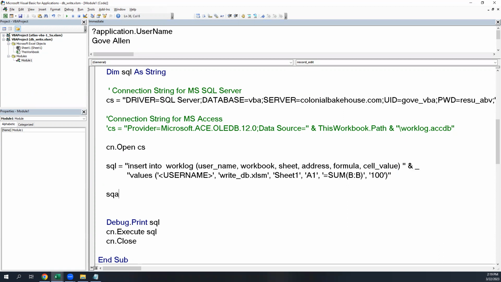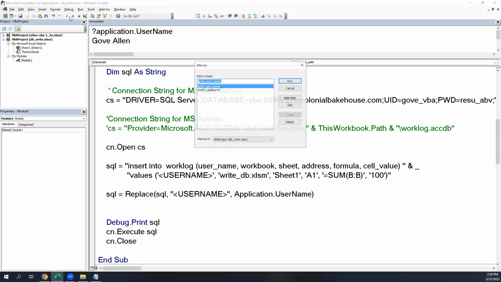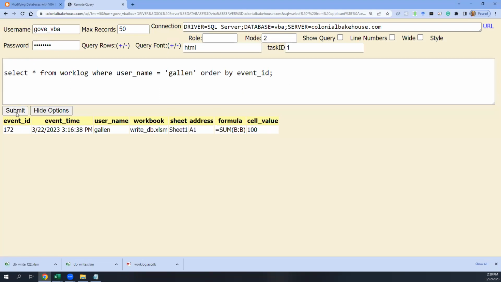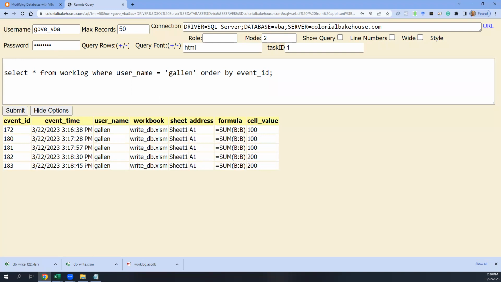So now I've set up my string to be this parameterized statement, and now I'm going to change it. I'm going to say SQL equals something different than it used to. What's it going to equal? I'm going to call the replace function, looking at SQL, looking for this tag, and replacing it with whatever the username of the currently logged in user is. So now if I run that and submit this query again,